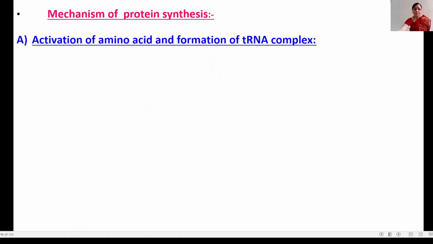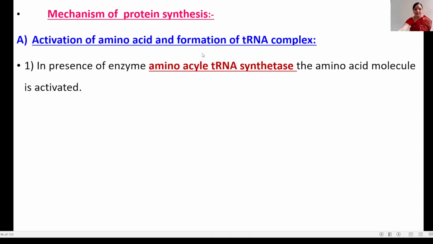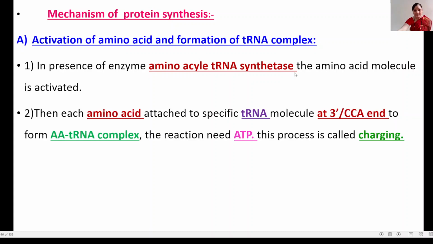The mechanism of protein synthesis consists of an essential step, that is the activation of the amino acid and formation of the amino acid-tRNA complex. This activation of the amino acid takes place in the presence of a special enzyme, known as aminoacyl tRNA synthetase. So activation of the amino acid, that is formation of the tRNA complex, takes place in the presence of the enzyme